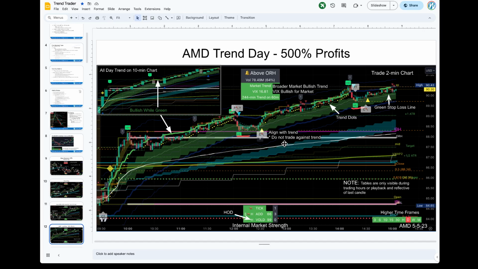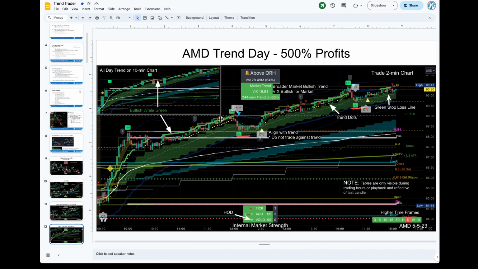So when you see a trend day and you see a pullback, now for the trend to change, it's got to break through the EMA clouds. So as long as it holds these EMA clouds, the trend is still intact. When you have the green upper band on all the time frames, the trend is still intact. Now, can it change? Absolutely. I mean, nothing is a guarantee. But it is not a good idea to play puts at this point because the trend is holding. It's a healthy trend. It's a pullback.